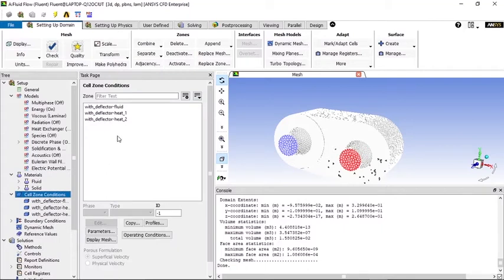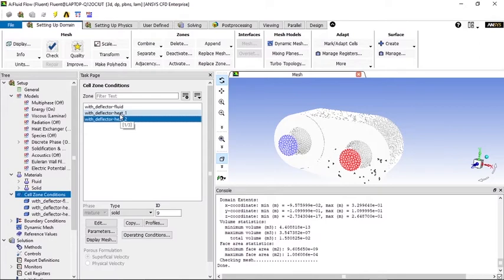The next step is cell zone condition. So as I said, it is easier to recognize what you had named before. So now I can easily say that heat 1 is my primary, heat 2 is my secondary, that is the secondary heat sources, and this is fluid. So ANSYS is pretty intelligent. If you type a fluid here, it will automatically assign a fluid medium. So that is a plus one. Also, after the fluid is in, whatever remains is automatically assigned as a solid.